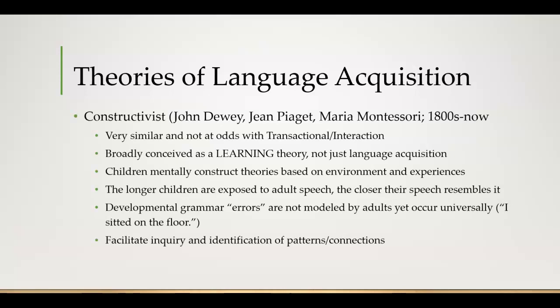And the constructivist theory, this one is interesting because they don't just name one person in the book. And if you look it up elsewhere online, there are a lot of players in this theory, a lot of names. I just put the three that I think are the most easily recognizable. John Dewey, if you've ever heard of the Dewey Decimal System, that's the guy. Jean Piaget, very popular among educational psychologists, and Maria Montessori, near and dear to my heart.